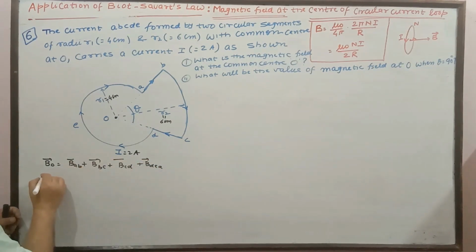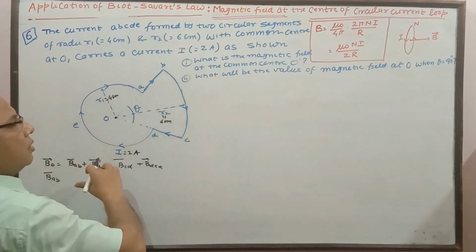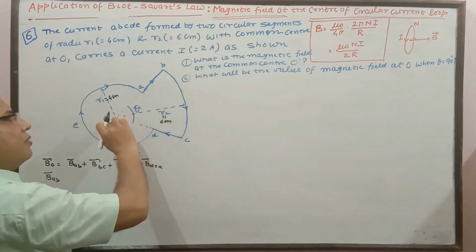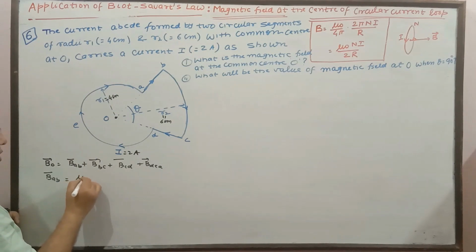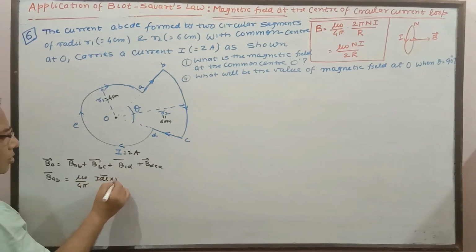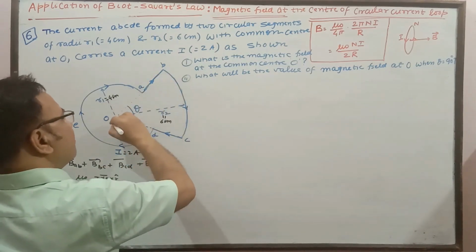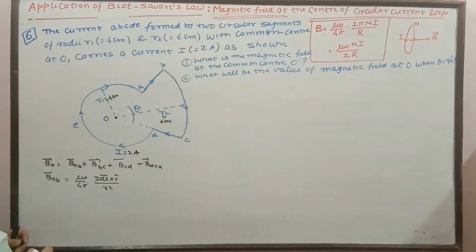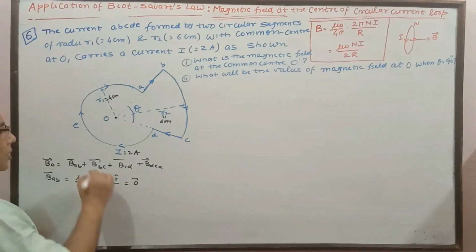First, the magnetic field due to AB. It is a wire or current element, and the point of observation lies on the same line. So as per Biot-Savart law, we have mu naught by 4 pi, I dl cross r upon r square. Here I dl is along this, and the position vector is also along the same. Cos 180 or cos 0 degree, both give 0. So this result gives us 0. So the first part is over.